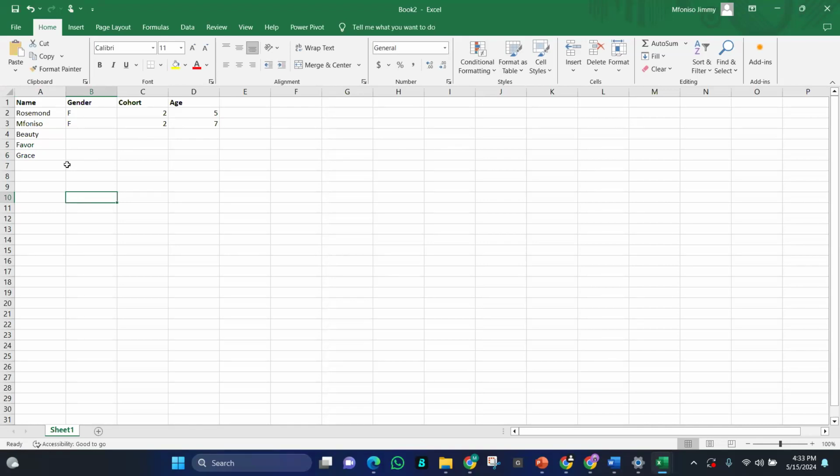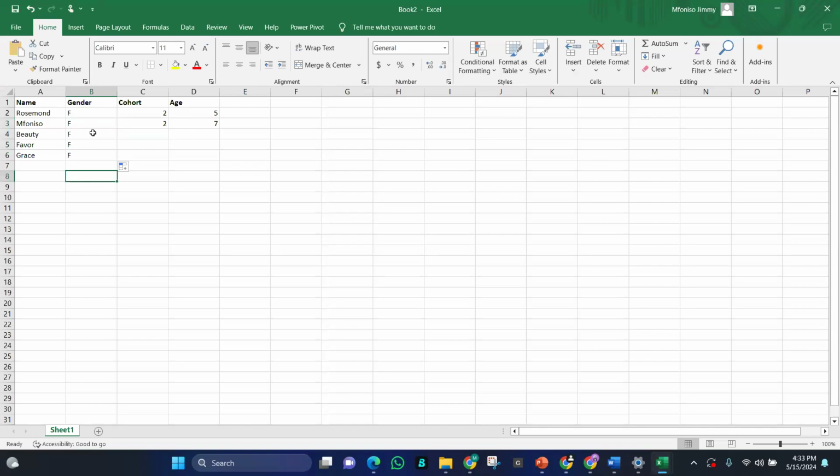What flash fill or autofill does is to replicate what you want. For example, this female, notice something. When I clicked on the F and brought it down here, it changed to a plus sign. Then I double tapped and it refilled.